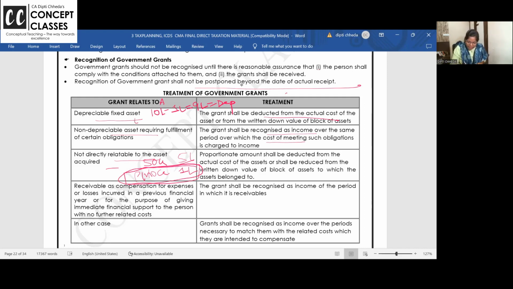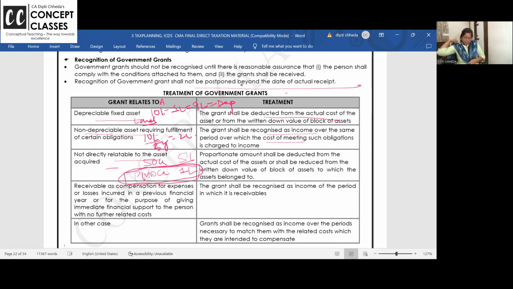Non-depreciable asset. I gave you example of land. So land you have purchased, and related to land you have got grant, say 10 lakh rupees. Now you cannot do any changes in the value of the land because land value never depreciates. It's non-depreciable. Land's value appreciates. And in income tax, you are not allowed to do revaluation like you do it in AS 10. So if you have received the grant of 10 lakhs related to land, can you amortize it, divide by 5 years, 2 lakh every year? So you can defer it every year over the reasonable period for which you will get the benefit.